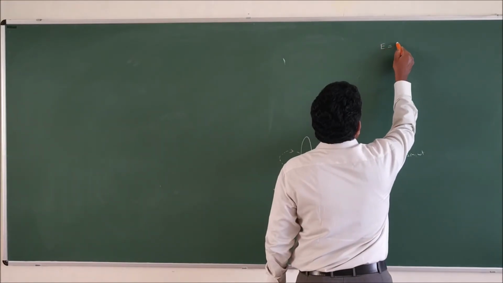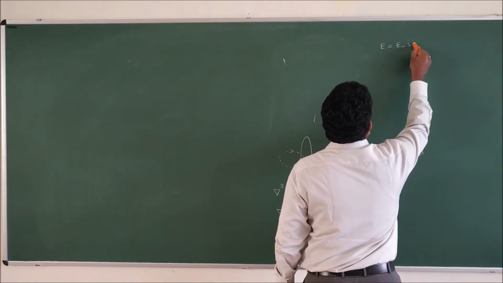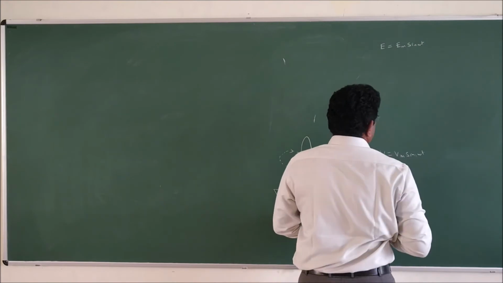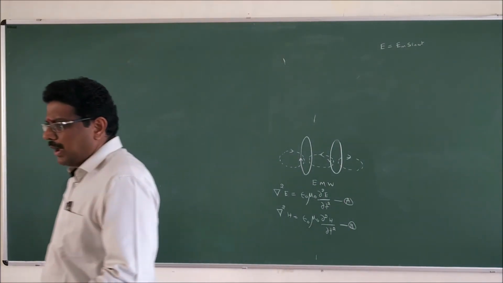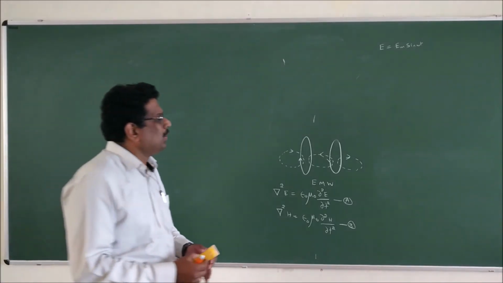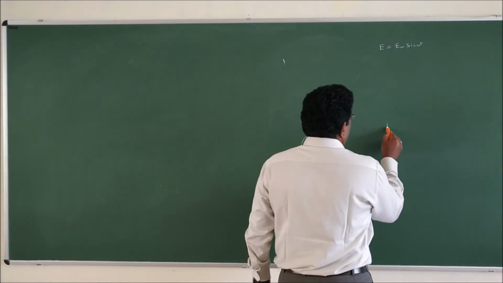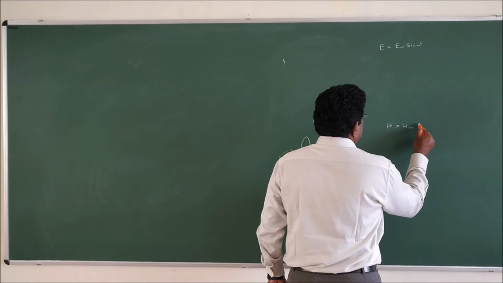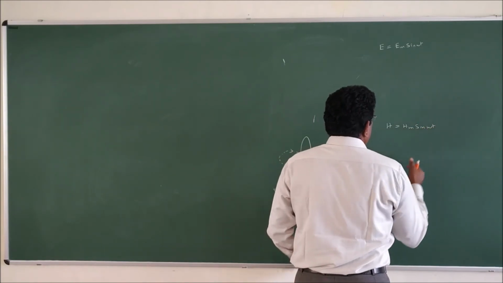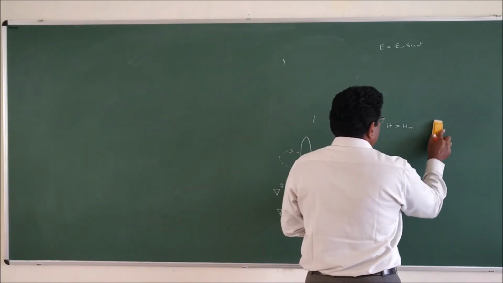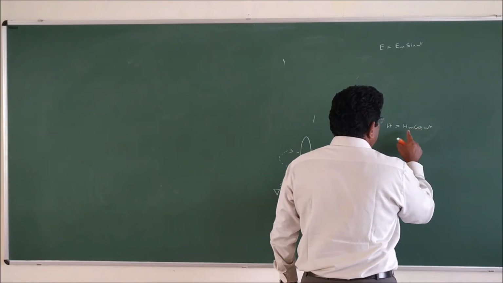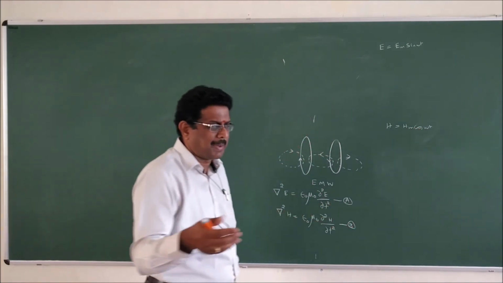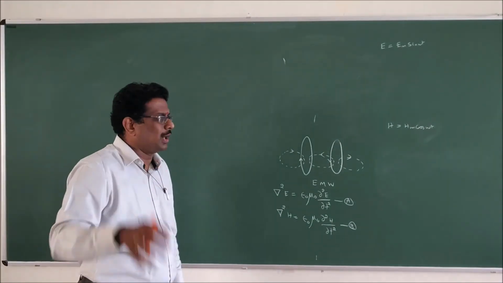Let us say E equal to Em sin omega t. Okay, instead of voltage I am giving you electric field. Even you can have magnetic field also, nothing wrong about that. You can say H is equal to Hm sin omega t, and since it is 90 degrees to each other, I can say Hm cos omega t, nothing wrong. M stands for maximum. Vm is the maximum value, and it is sinusoidal.